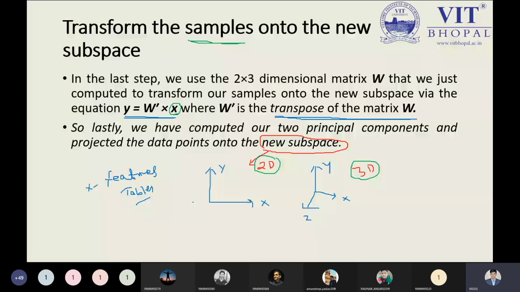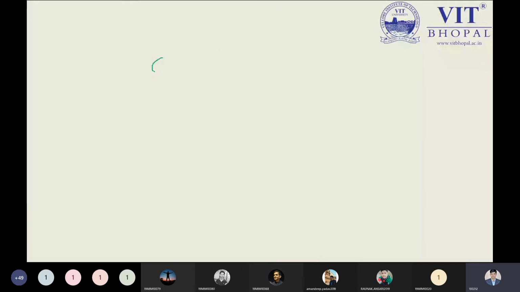So ultimately, what we have done in the PCA algorithm is transform our information from 3D features into 2D, or we can say from high dimension to low dimension. The low dimension can be less than its initial dimension. Suppose we have 6 dimensions, just like here. Suppose I am selecting 6 features. So out of the 6 dimensions, I can transform our information into 2 dimensions, 3 dimensions, or 4 dimensions.